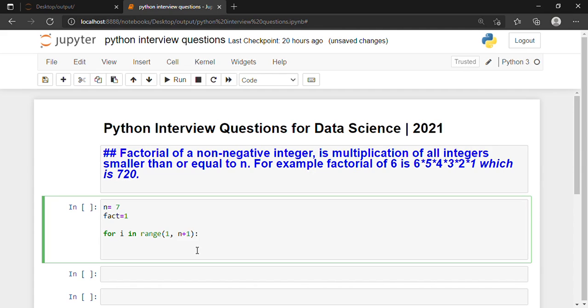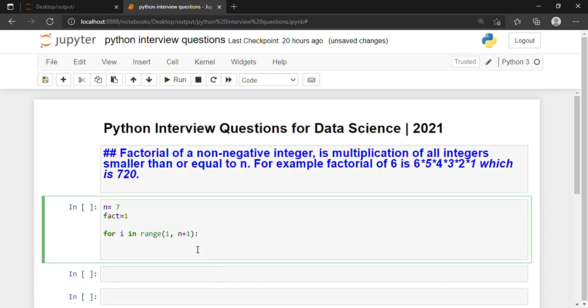If you are familiar with the range method, then you should know this. But even if you don't know, let me tell you. Let's say my number over here is 7. So n plus 1 will be what? 7 plus 1 will be 8. So 8 will not get included. It will start from 1, then increase by 1 and become 2, then 3, and it will end at number 7. It will not reach number 8, it will come out of this for loop. That is why, if we want to include number 7, we have to write n plus 1, that is 8.